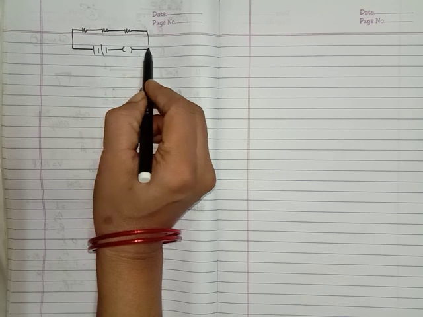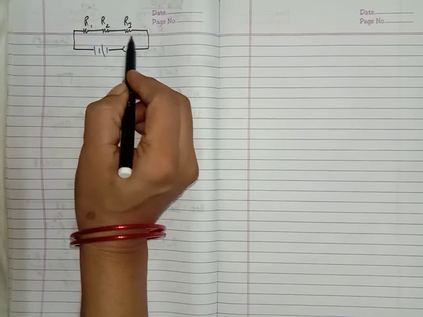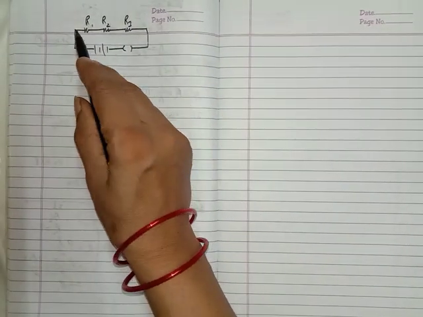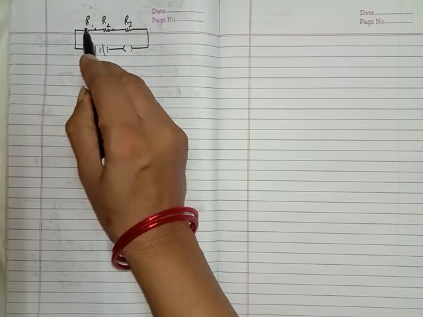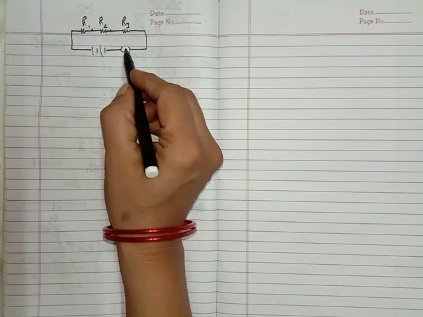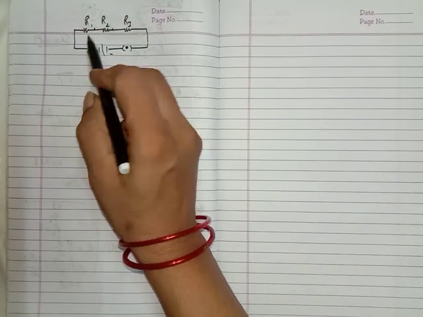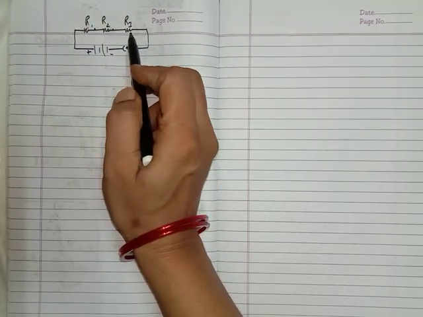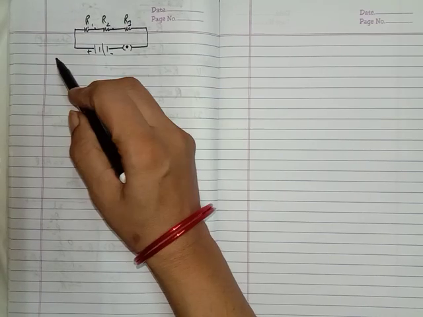Here is a key. R1, R2 and R3 are the resistances of these wires. Now if we connect these wires in a series combination, series means they are connected end to end like this. These are the 3 resistances. If you want to find the total resistance of this circuit, how can you find the resistance of this whole circuit? Can you find a relation between the total resistance and all these 3 resistances? Yes, we can find a relation.